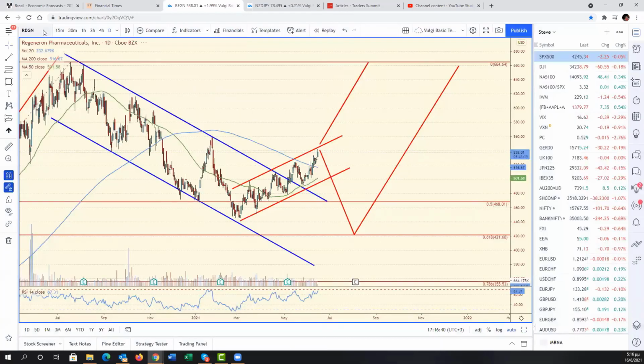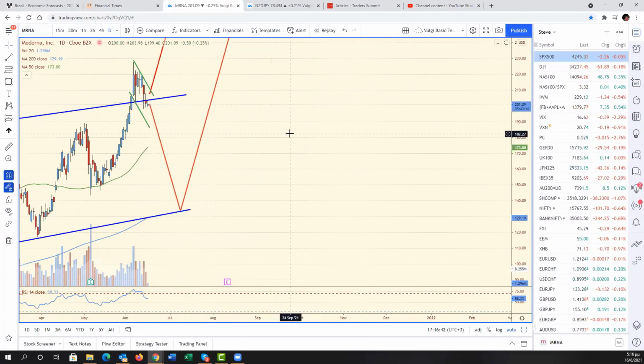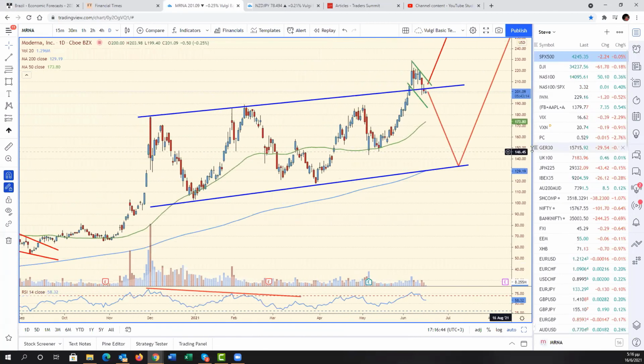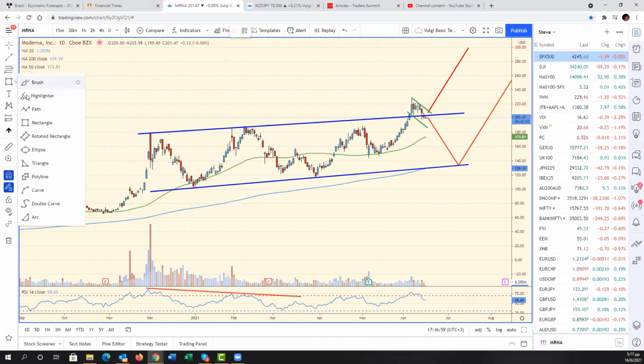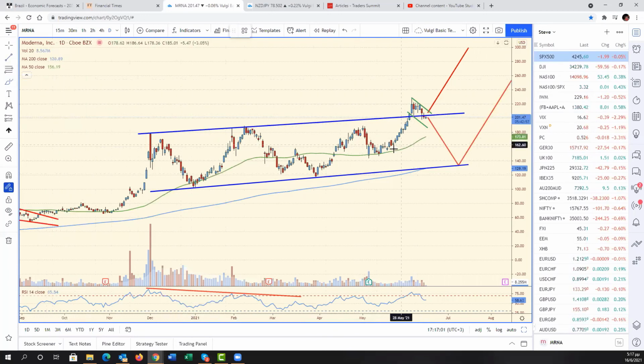And Moderna, yeah, it might just still be bull flagging here, right? It might. Most likely it is. If we focus on the recent price action, I would have to characterize this oppositely from the other one we're looking at. I would have to characterize this as an impulsive move higher, even when parabolic at the end. So I think most likely higher, right?